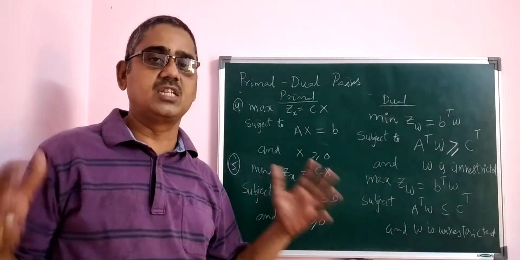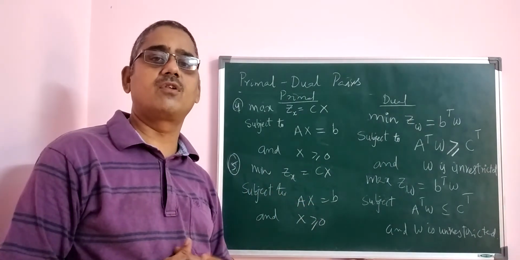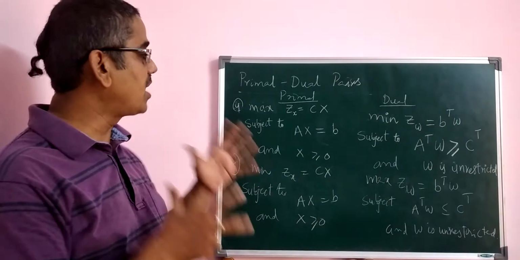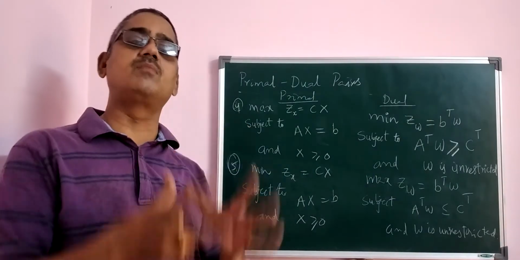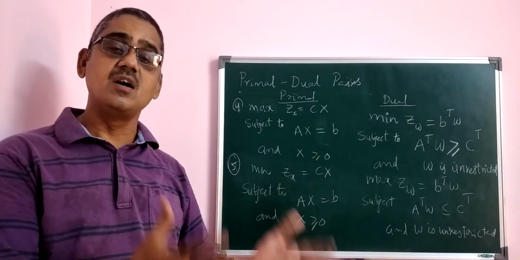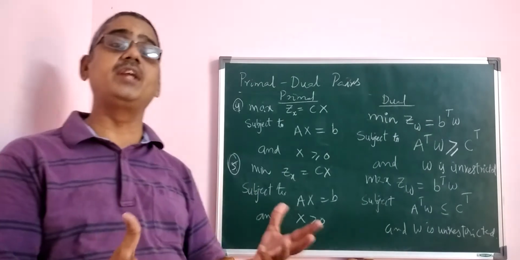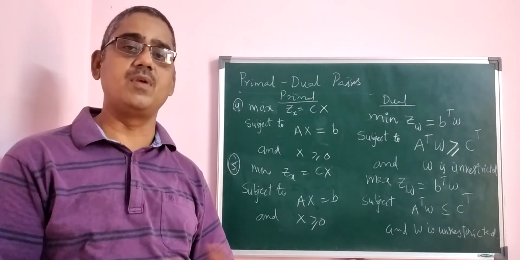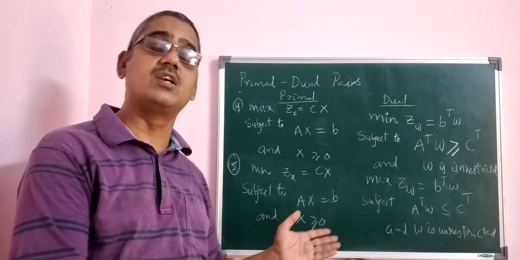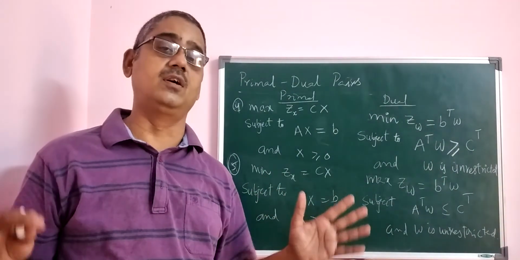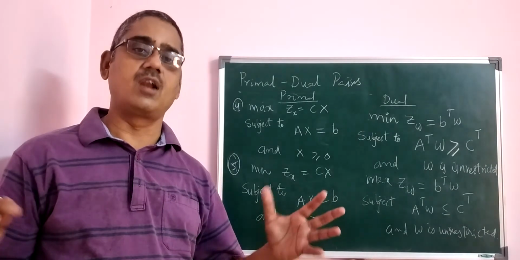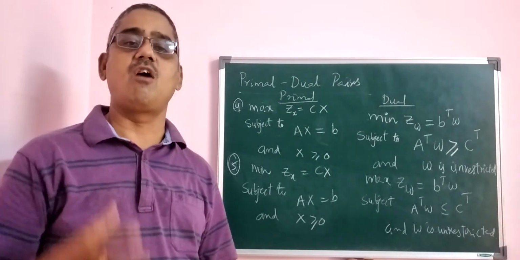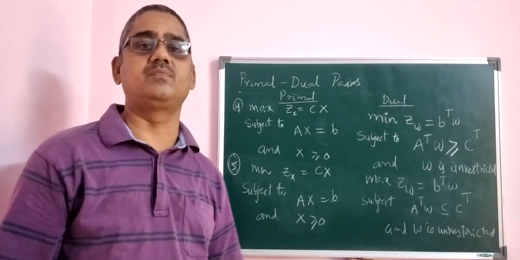These are some kinds of symmetrical forms. They are forms of primal-dual pairs, where we can observe how the primal is considered as the dual directly just by looking at the primal LP. How can you convert it into the dual LP? Then if you solve the dual, you can give the solution of the primal. That is the important property, the relations between primal and dual. Hope you understand. These are some pairs of primal and dual in matrix form. Thank you.